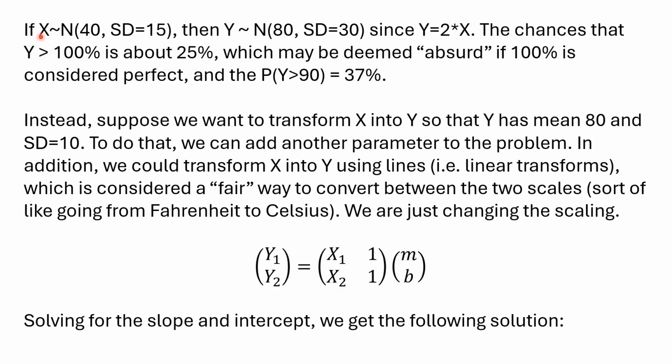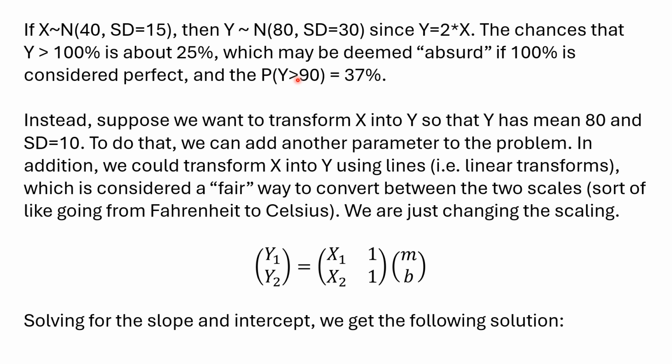Again, if X is distributed normally with mean 40 and standard deviation 15, then Y is distributed normally with mean 80 and standard deviation 30, since Y is equal to 2 times X. The chance that Y is greater than 100% is going to be 25% in this particular case, and that may be considered by some to be absurd